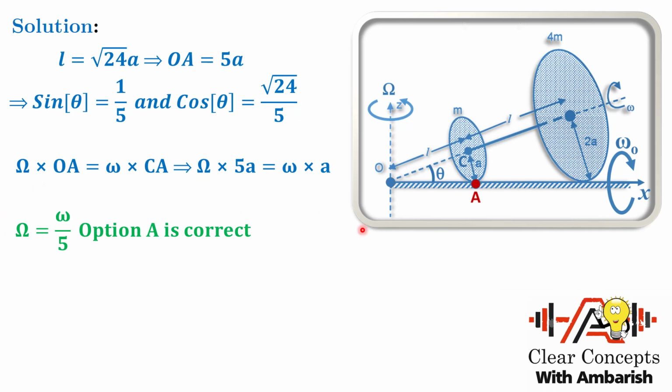Now what about the angular velocity of the rigid body? OA is our instantaneous axis, so I want to find the angular velocity about the instantaneous axis. Why is it the instantaneous axis? Because point O is anyway at rest, because the whole thing is revolving about point O, and A is the point on the ground which is touching the disk. Because of no slipping, A is also at rest. So this whole line is the instantaneous axis of rotation.